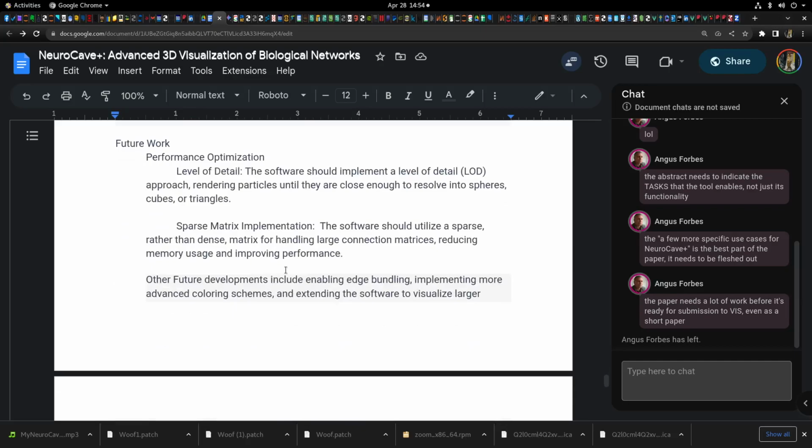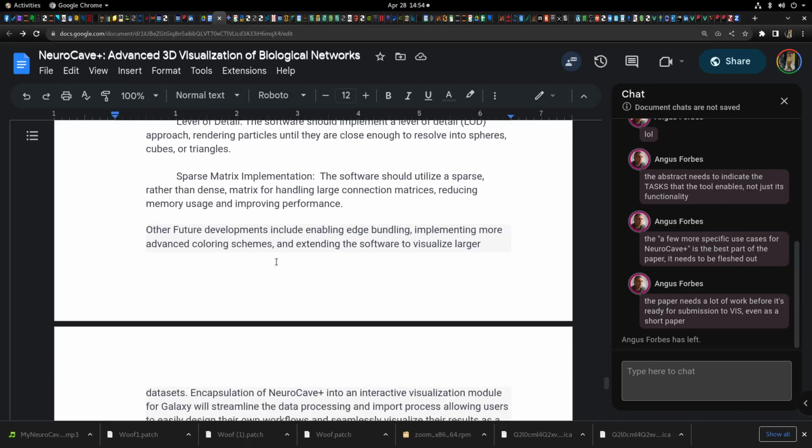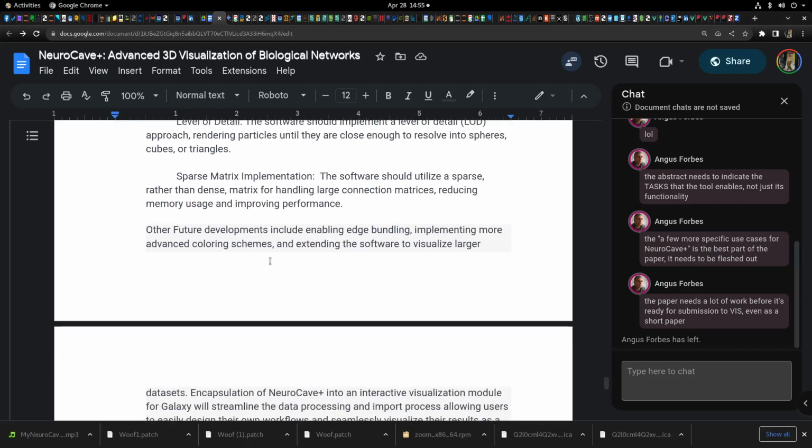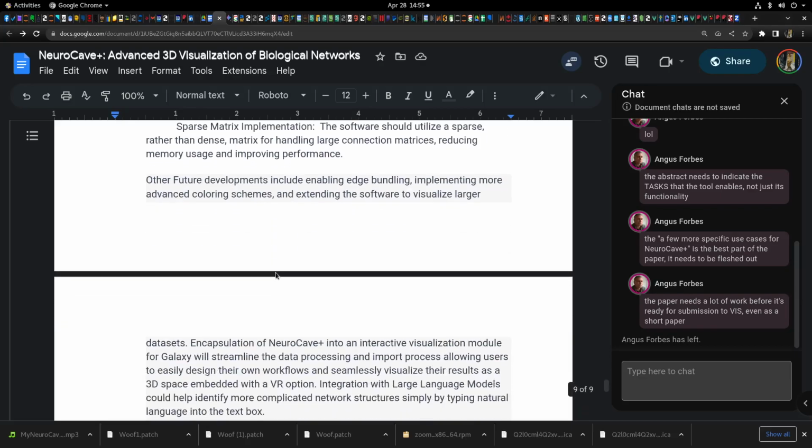Future work. Performance optimization. Level of detail. The software should implement a level of detail, LOD, approach, rendering particles until they are close enough to resolve into spheres, cubes, or triangles. Sparse matrix implementation. The software should utilize a sparse, rather than dense, matrix for handling large connection matrices, reducing memory usage and improving performance. Other future developments include enabling edge bundling, implementing more advanced coloring schemes, and extending the software